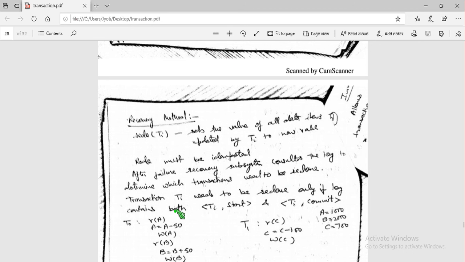Here we don't need undo because we have all the logs, from the start of the transaction to the commit of the transaction. So we do not need the undo operation, we need the redo operation.